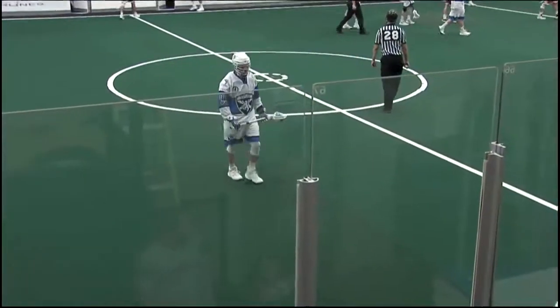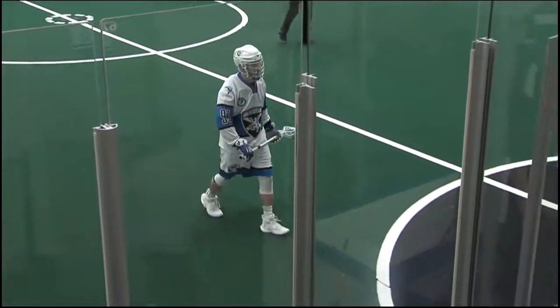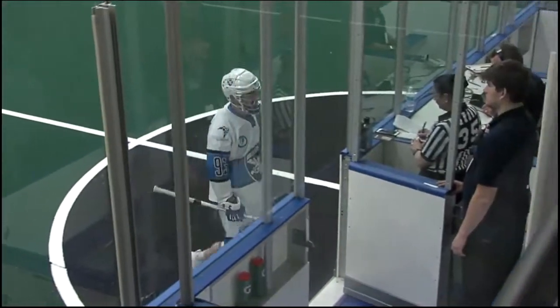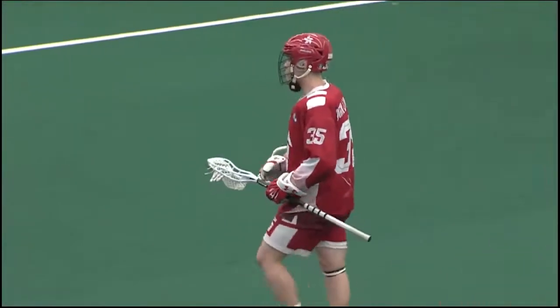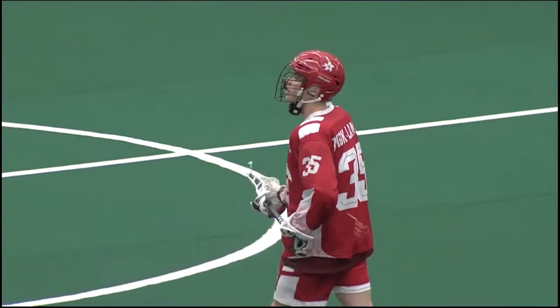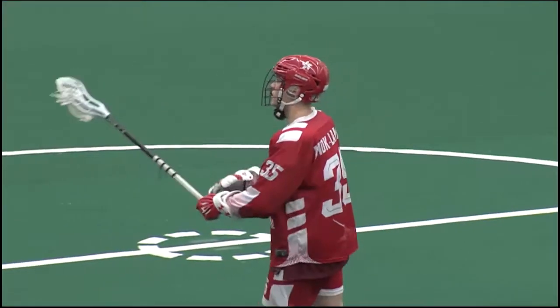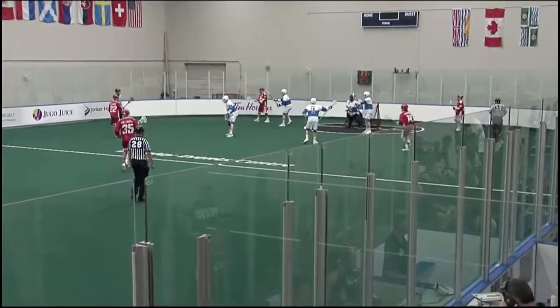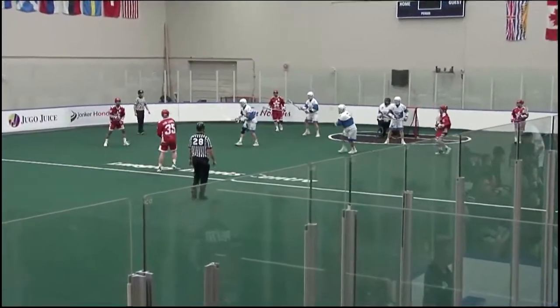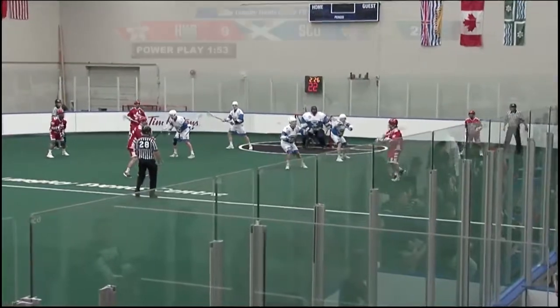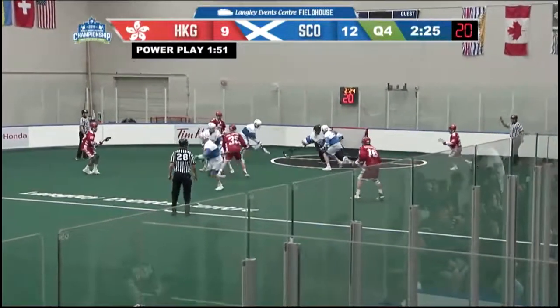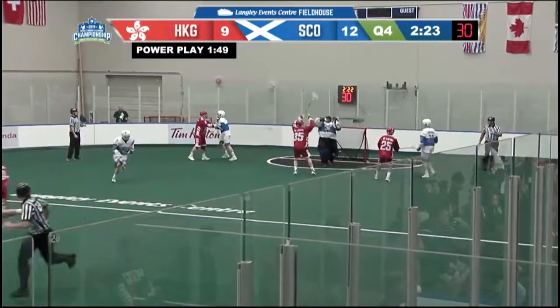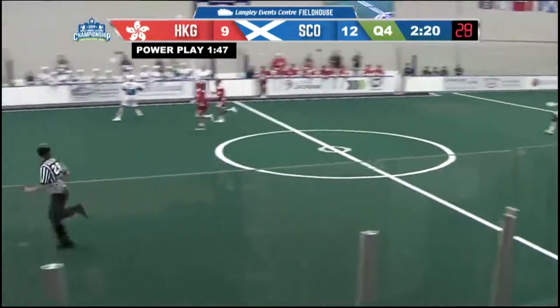So Hong Kong being given chances to get back in this one, down 3, but time is obviously ticking. 12:26 the time. Pachieski back in the box.